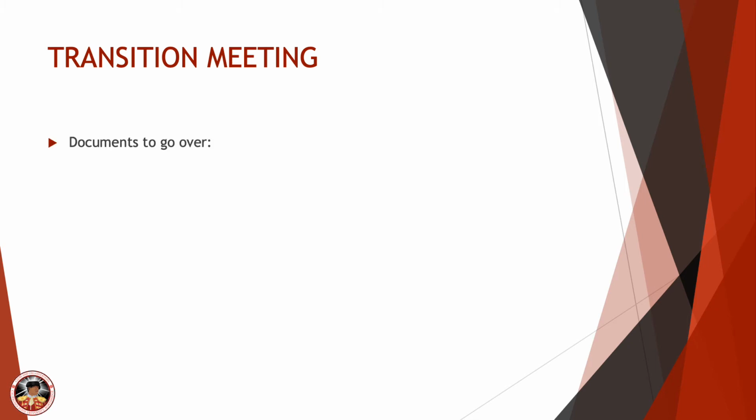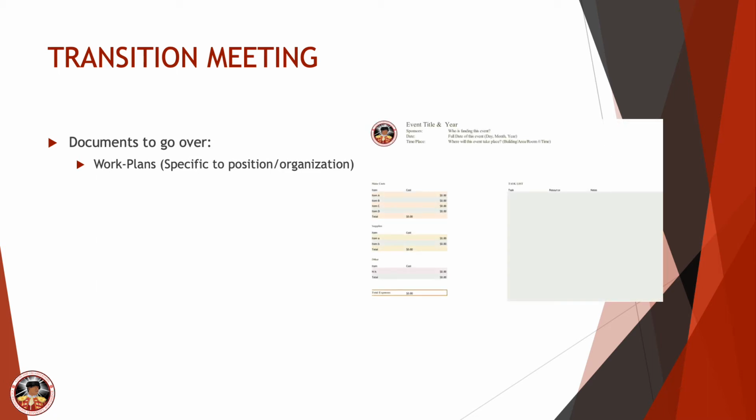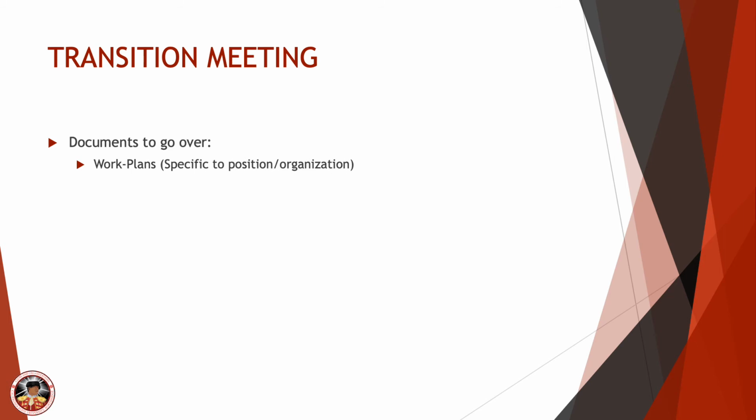Some important items to go over during the transition meeting include the following. Work plans. It is important to make these specific to both the officer's role and to the organization. This is a document that can be essential in planning many events. If you don't have work plans, we'd be more than happy to provide you with a sample so you can start utilizing them. These should be used throughout the year and saved so that future officers can refer to them for help. It is also important to go over processes and procedures that each officer takes when planning an event, reserving a meeting room, etc. This will help officers become aware of certain steps and the on-campus departments that they must go through.